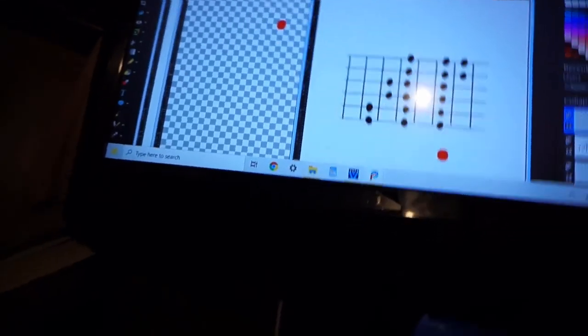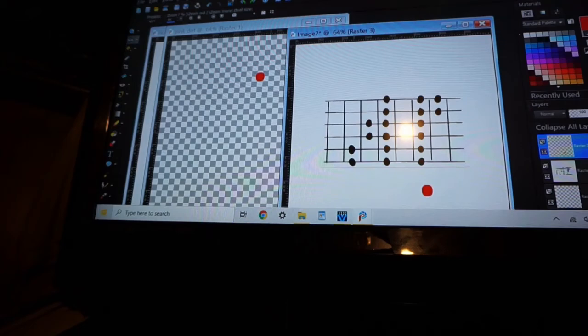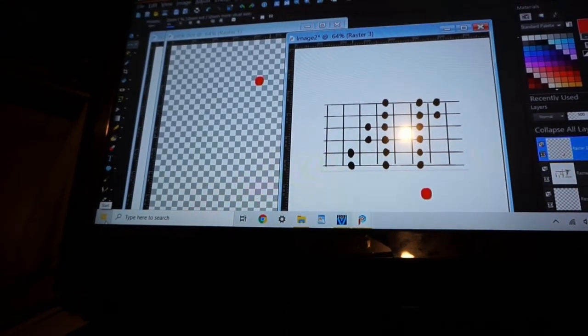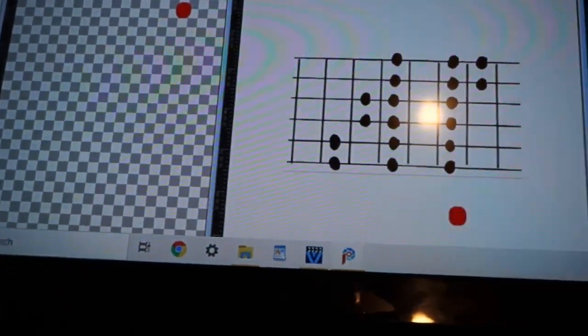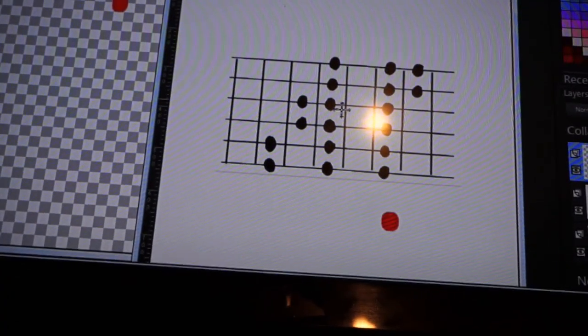I'm going to talk about the triad stacks. I'm going to turn the camera to look at the computer here. I'm in Photoshop right now, so I can actually manipulate this a little bit. There we go. Now this is scale number 1,